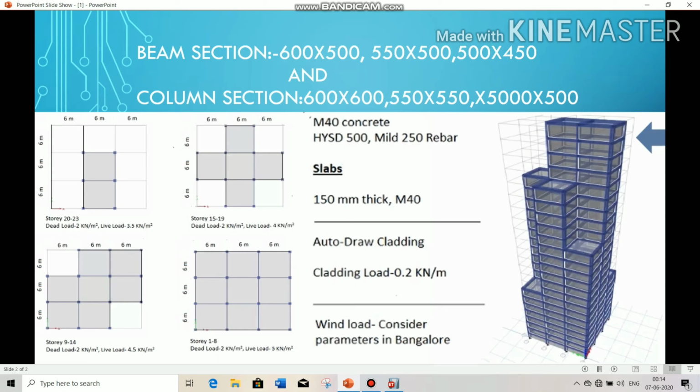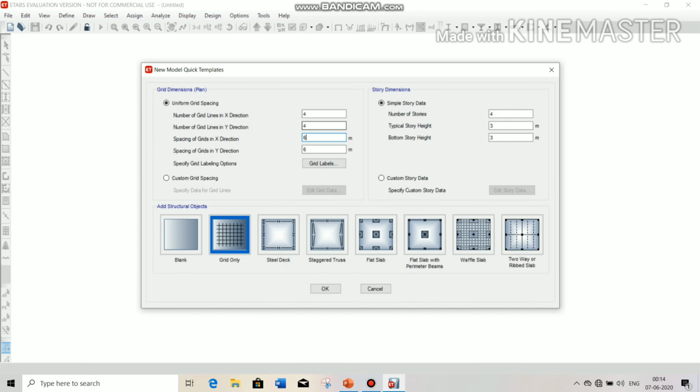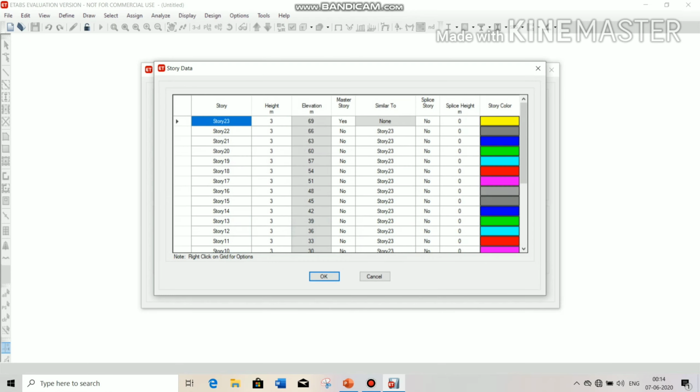Y direction and X direction grid lengths are 4. Now there is no need to change the rest, and number of stories is 23, and typical story height and bottom story height is 3 meter. And now click on custom story data and click on edit story data.